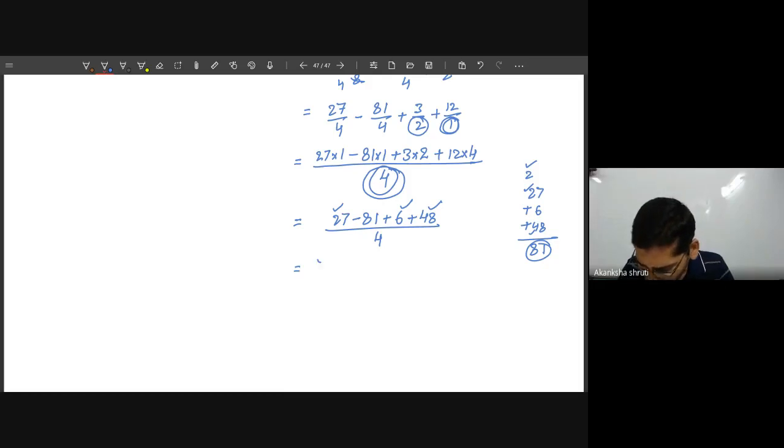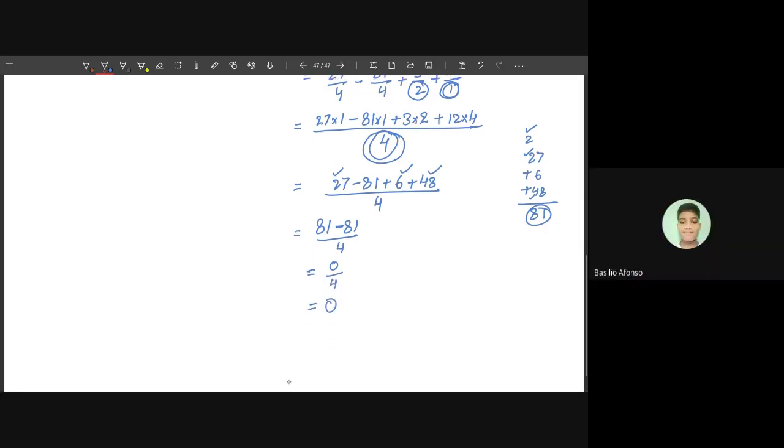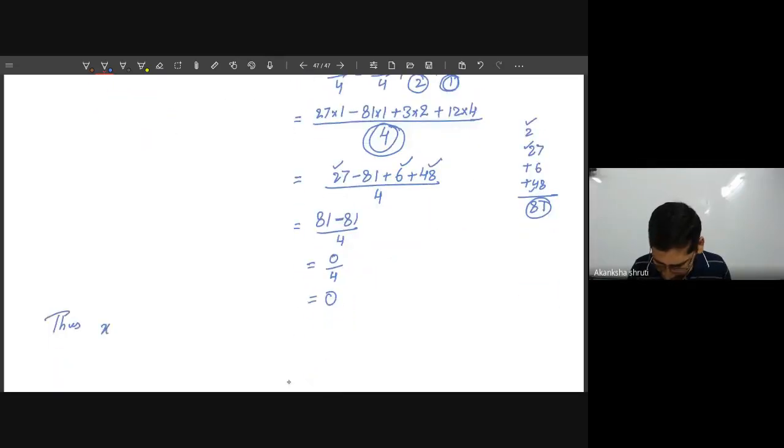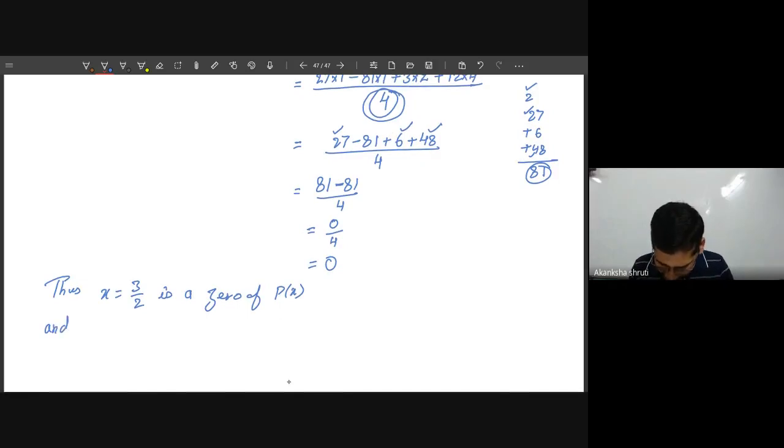इतना सिंपल है. So 81 माइनस, ये देखिए नेगेटिव साइन वाला जो हमारा -81 है वो यहाँ पे है ही, by 4. So how much it become? 0/4. 0/4 is how much? 0. So thus, what we are getting? Zeros. Thus, good. X is equals to 3/2 is a 0 of this px, और जब आप इन्हीं को रीअरेंज कर लेते हैं, 2x minus 3 is a factor of